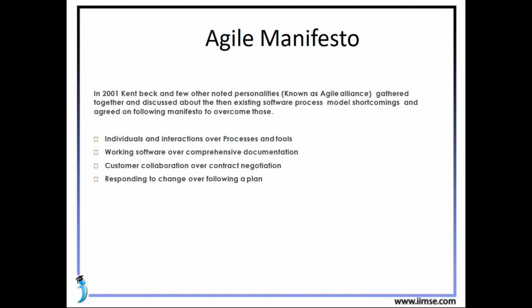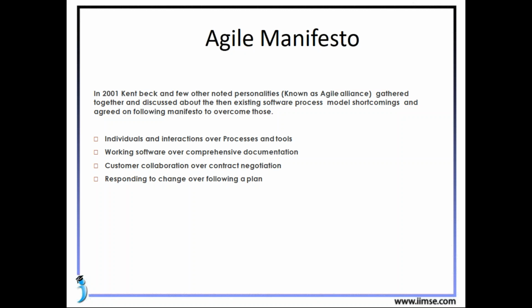The next thing in this line was customer collaboration over contract negotiation. Rather than renegotiating the contract, saying okay, one new requirement has come up, so let's negotiate, for this you would be charged or whatever. This is the term negotiation. Rather, we work collaboratively with the customer. So the customer was to be thought of as the prime factor, where his changes and needs should be addressed more rather than going into contract negotiation.